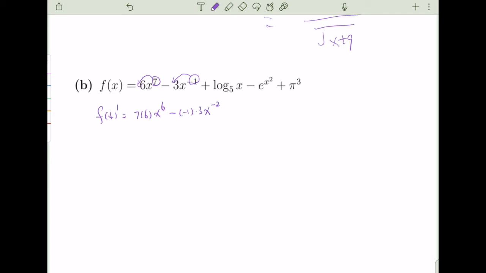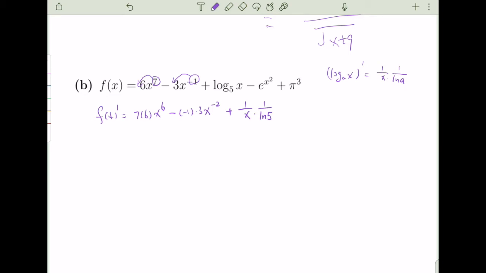And for the log function, just to remind you of the formula. The derivative of log base a of x is equal to 1 over x times 1 over ln of a. Okay, so you have this log base 5 of x, then this derivative is equal to 1 over x times 1 over ln 5. Okay,